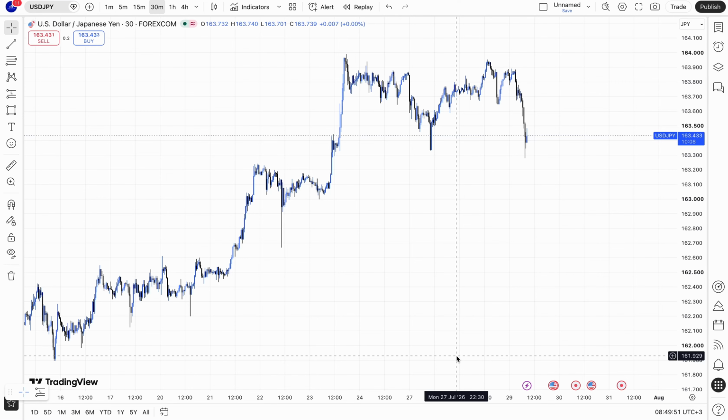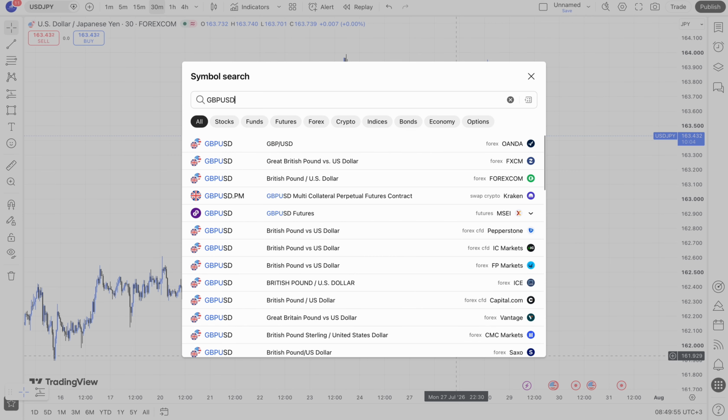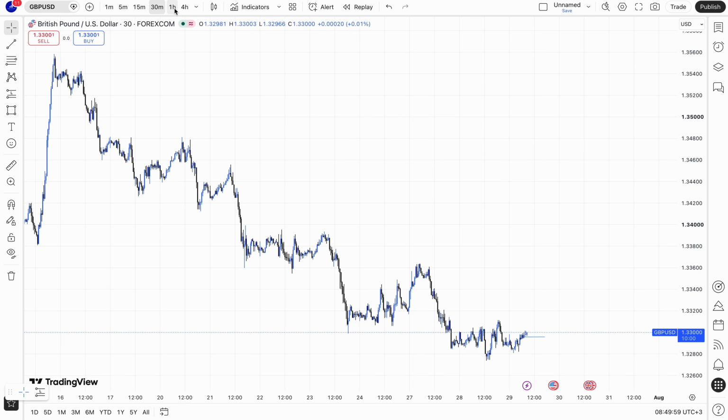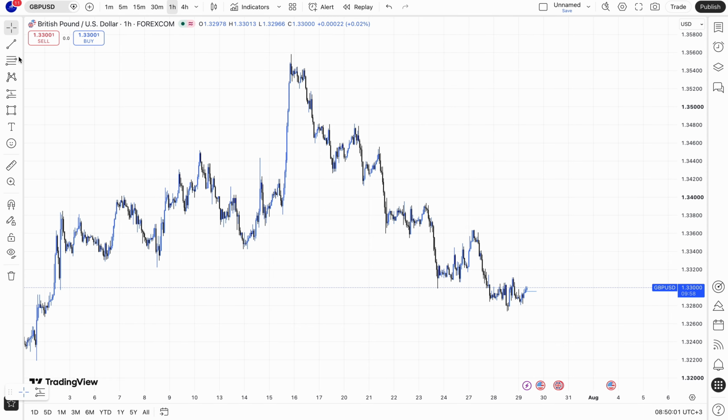This is our setup and plan today. First and foremost, we have to understand the direction of the market and the market structure, both external and internal structure. From here, you can understand that we had our